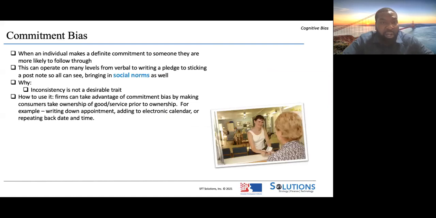Commitment bias. This is another one. We don't like to be seen as flakes. So the way that you can use this in your business is to get customers to commit, no matter how small, right? They've done studies with doctors' offices, and just by getting someone to write down the date of their appointment themselves, they were able to see a 70% increase in the people that actually made it back for that appointment. So you want clients to take ownership of whatever it is, no matter how small. Make them put a meeting on their calendar. Make them commit to your product somehow, even if it doesn't cost them anything. And trust me, it'll pay dividends.